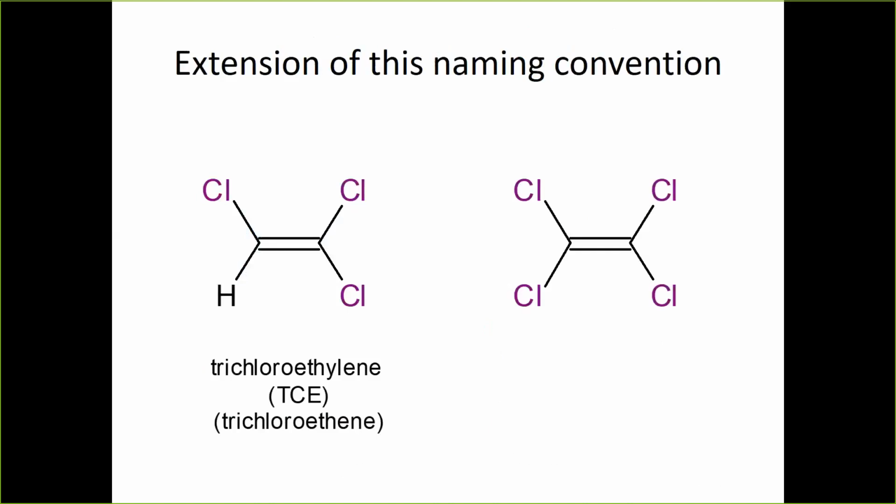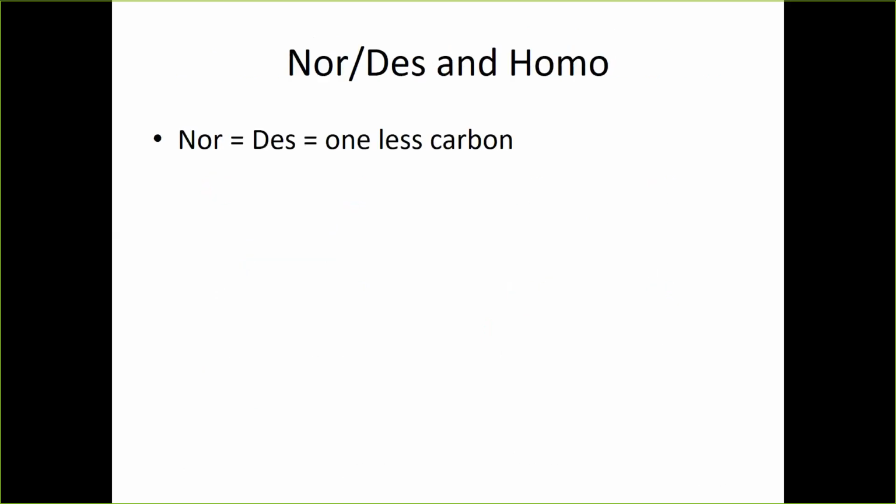And here is the compound that would be analogous to it with 4 chlorides attached to it. So we don't call this tetrachloroethylene, even though we could, but we don't. Instead of calling it tetrachloroethylene, using that naming convention I just showed you with the chlorous and chloric acids, we actually call it perchloroethylene. So remember, per means you have one more bond to the oxidizing atom, or one less electron in the case of a metal. So this tetrachloroethene, or tetrachloroethylene, again, we never use that name. We call it perchloroethylene instead, and this is a common name, and that naming convention is similar to what I just showed you for the inorganic acids.